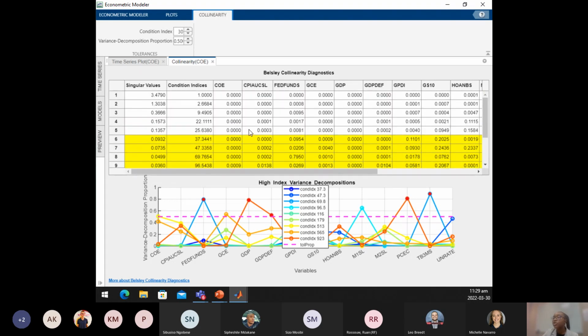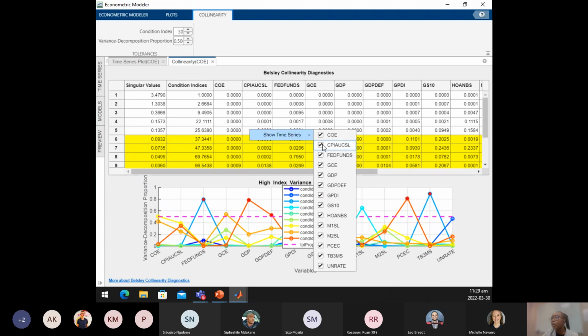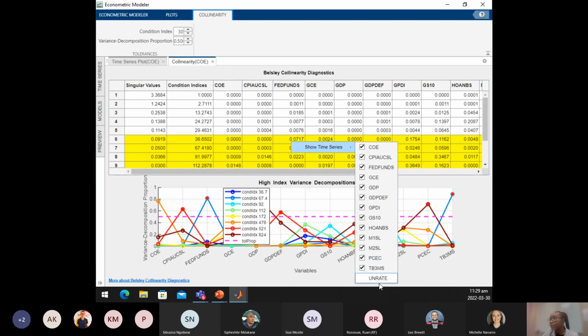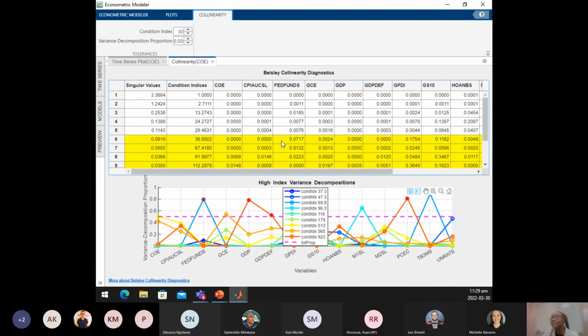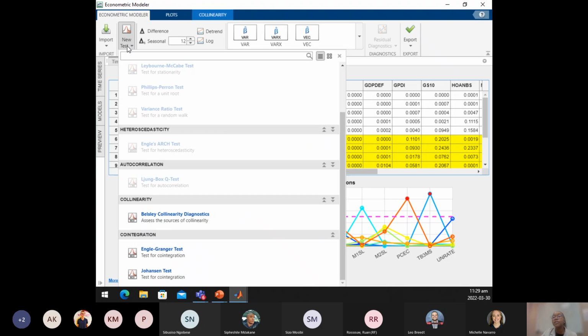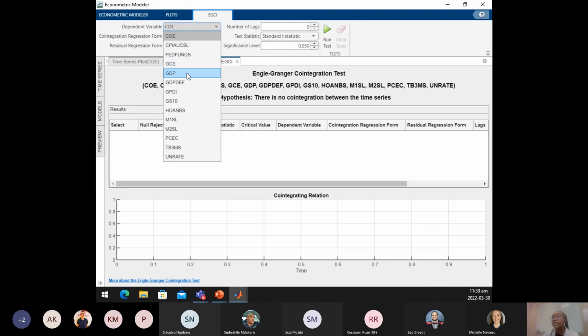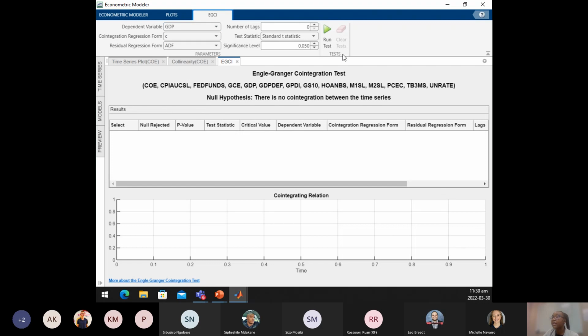So you will find that you can also remove as well as add time series in this table. Right? So you can remove that and you can add that back, which is great. We can also then go into doing another test. We'll look at an Engle-Granger test, which is a test for cointegration. So again, like your univariate testing, you'll find that we also have multiple parameters here that we can change. We'll just change that to GDP. We will then run this